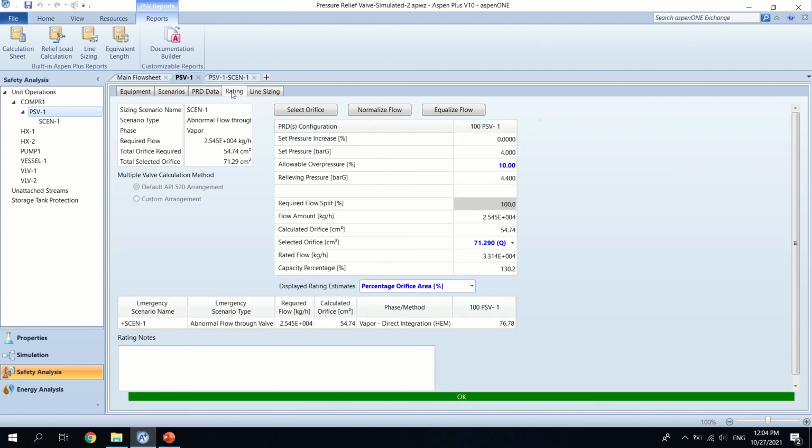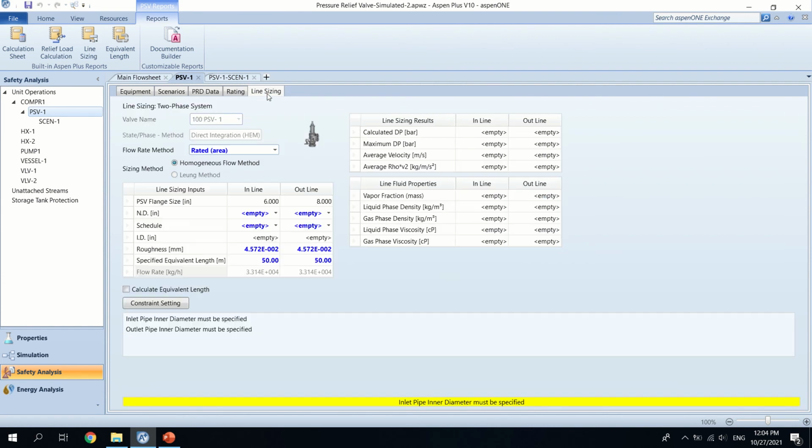rating it. As you see, all of the things, the required flow, the phase, the scenario type, the size and scenario number, all selected here and calculated here. I go to the line sizing tab. The flow rate method is rated. It is the maximum flow rate that I